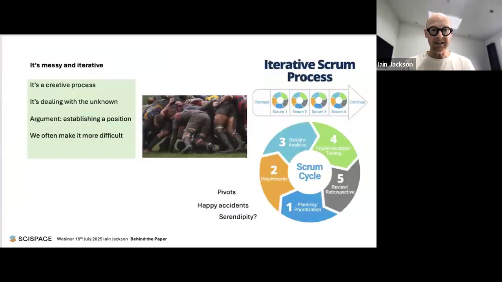So it's messy, it's iterative, it's creative. It has to be creative. The knowledge hasn't existed before, and it's your job to pull together the existing literature, your methodology, and your findings into a coherent narrative. That's what we're trying to do. It's difficult and it hurts your brain because it doesn't exist yet.